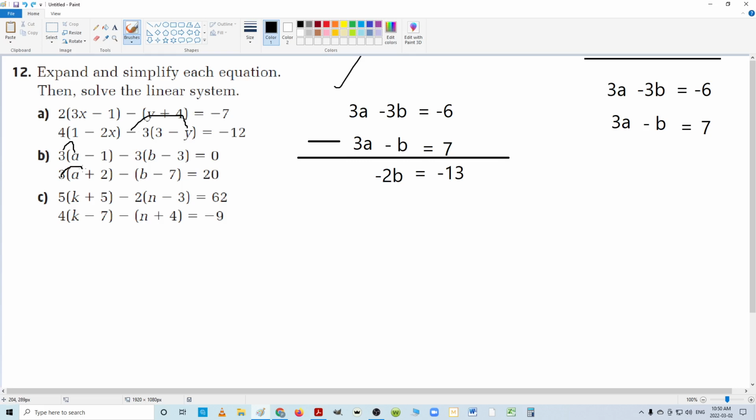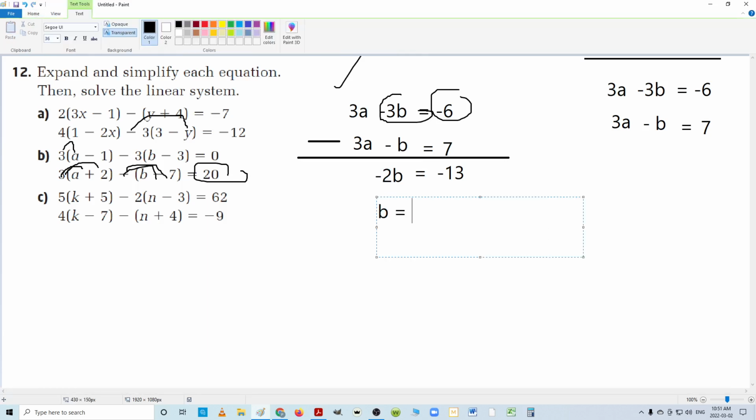And this one, 3a, and it's going to be minus b, great, and then it's going to be plus 6, plus 7, so plus 13, subtract it, 7, plus 7. Then minus 6 minus 7 is minus 13. Minus 3 plus this, minus 2. I got it right. So I divide both sides by minus 2, and I get b is equal to 13